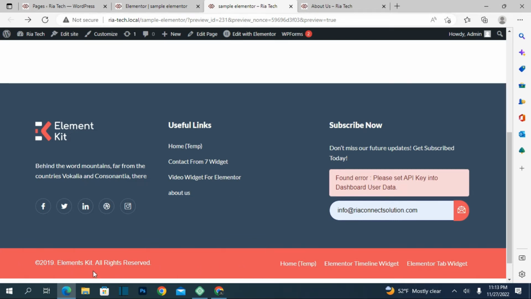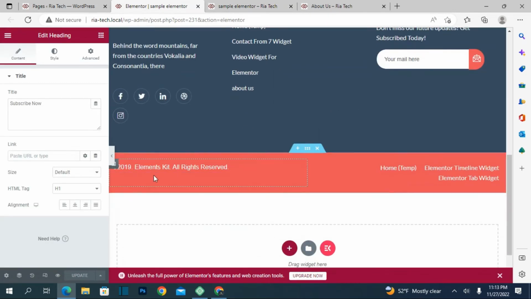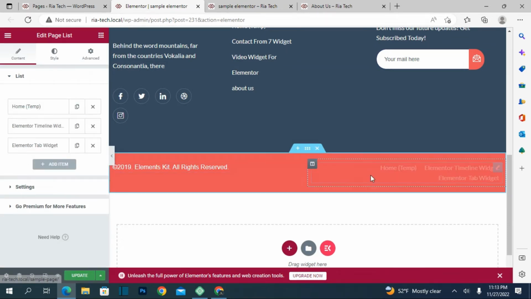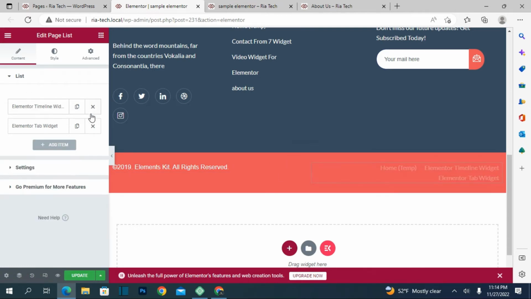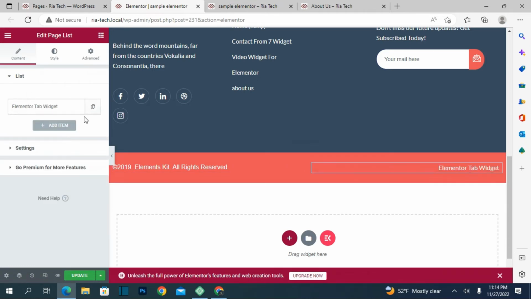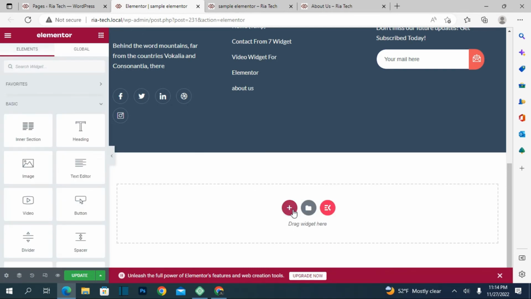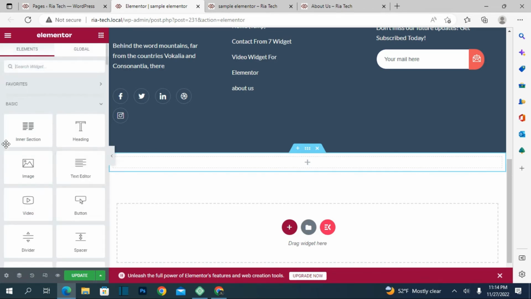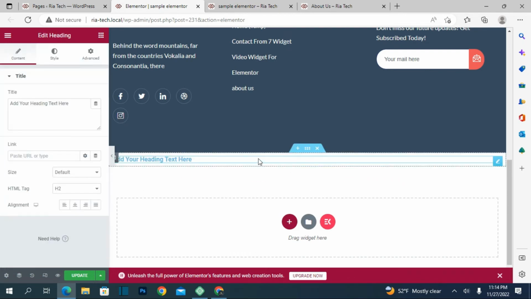So you can also change these things. Okay, from here you can write whatever you want to write. Okay, and when clicking here you can also write whatever you want to write here. Okay, and if you don't want this, you can delete all of this. Okay, no issue. Okay, if you want to delete this one section by clicking here, you can delete this whole section, and if you want to create any new one, you can create by clicking here. Okay, so if you just want to write one heading here, just push here and you can write whatever you want, like